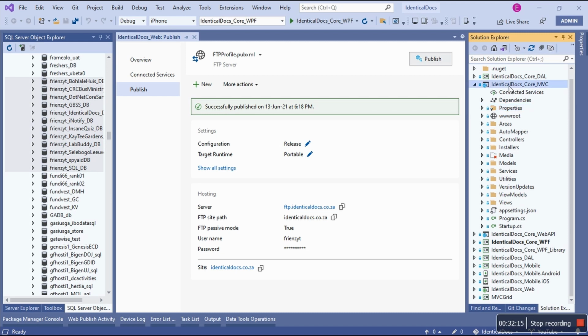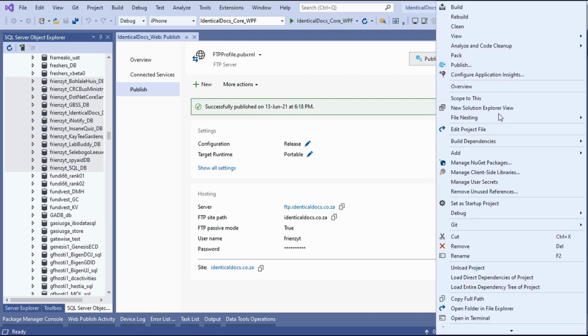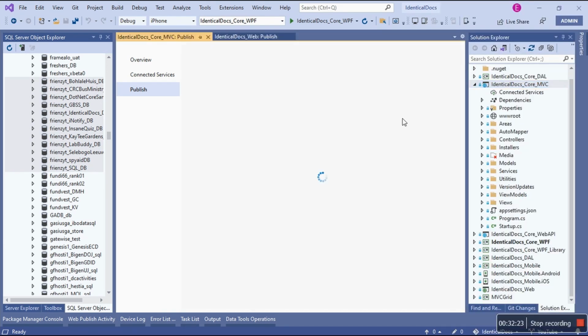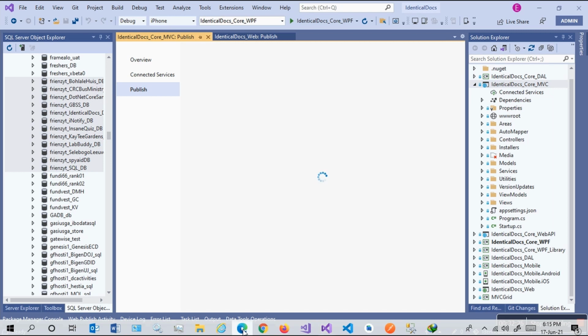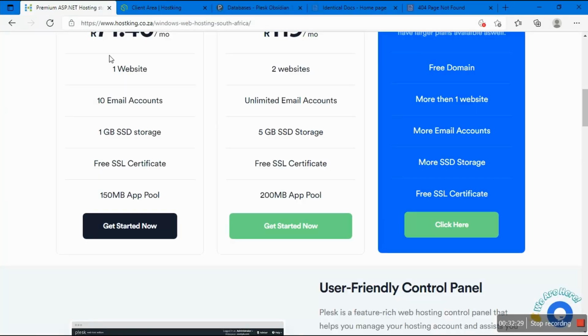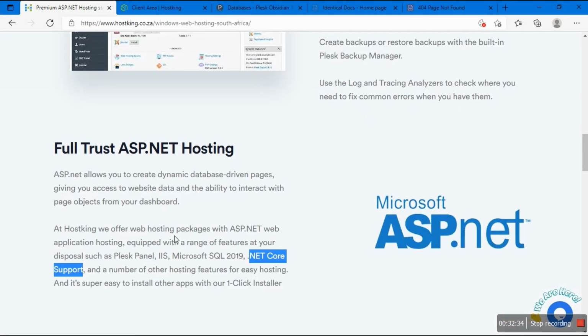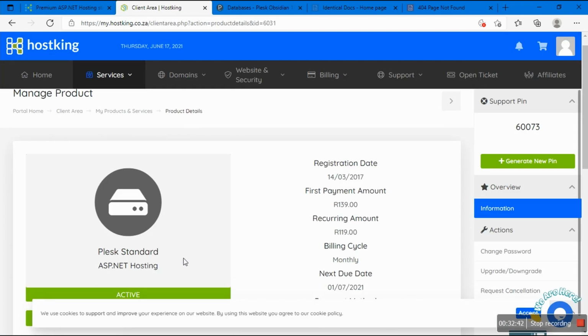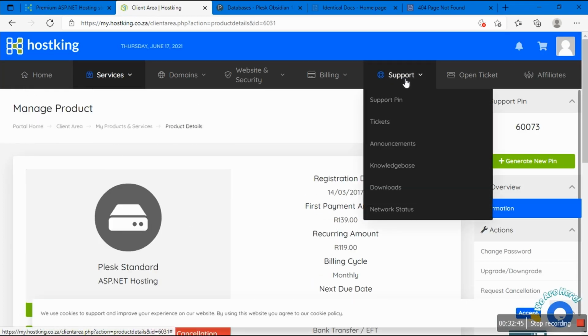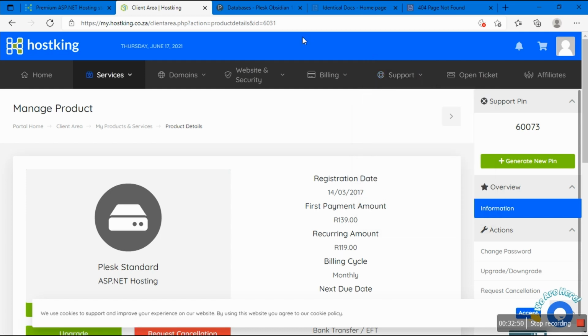Okay, so right click also, but this one is different because I fought my hosting provider, like I've been saying. But how do you actually get it there? So let me tell you something crazy about these people. It's only now that they are going nuts to say they support .NET Core. It's only now, and I need to do a follow-up. So previously, when I fought them in one of the tickets I opened, and then when I was interacting with them, they told me they currently do not support .NET Core on their Windows Server.